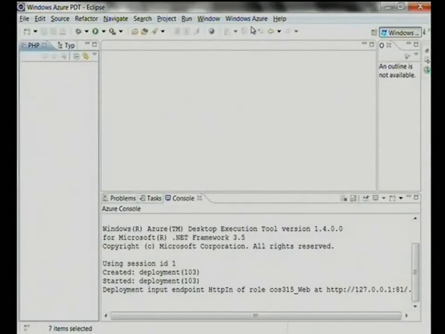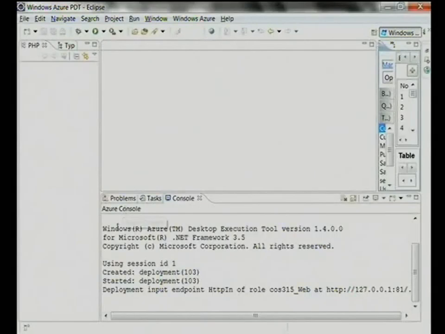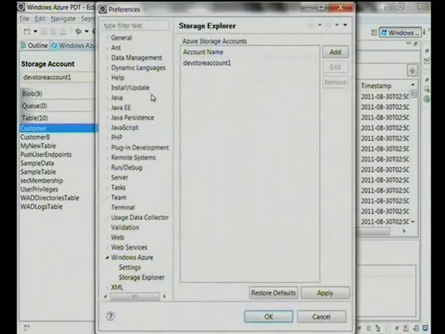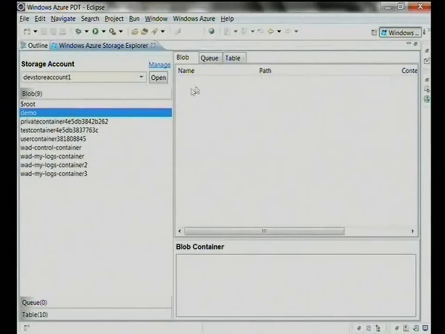So the first thing I want to show you is the Windows Azure Storage Explorer, which is squashed over here. There you go. So you can basically connect to any storage account over here, but we'll just go with the dev storage account or the storage emulator. I've already got some data over here. I've got a few blobs that I can look at.